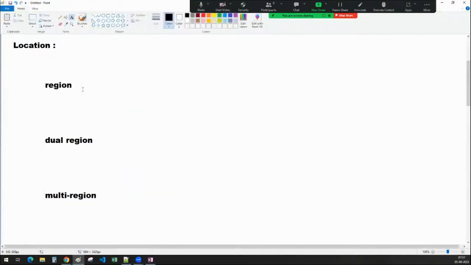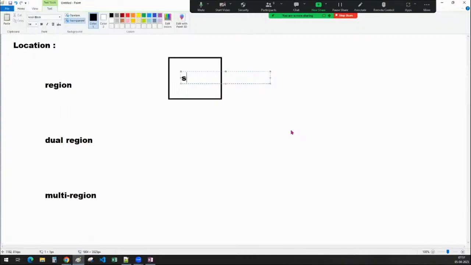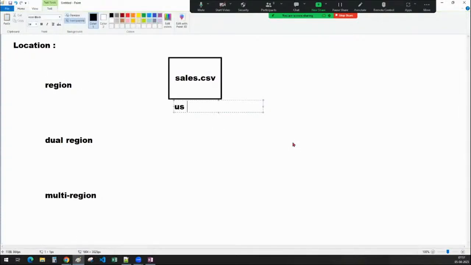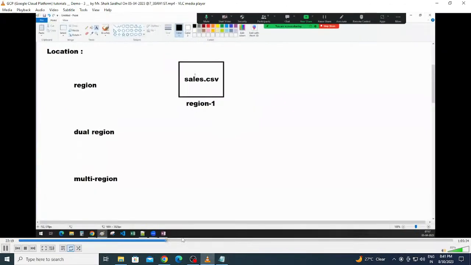You select a region, and this is your bucket. You selected one region and created a bucket. Inside the bucket, you have one file, sales.csv, which you have uploaded. Now tell me, you selected a region, say some US region. Instead of that name, I will say region 1. You selected one region, region 1, and inside you have